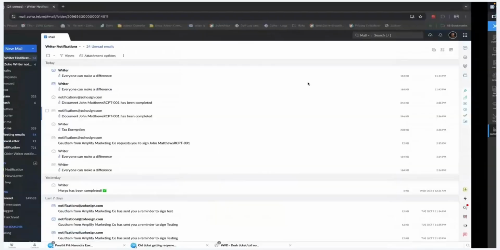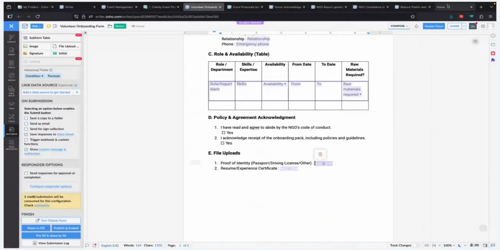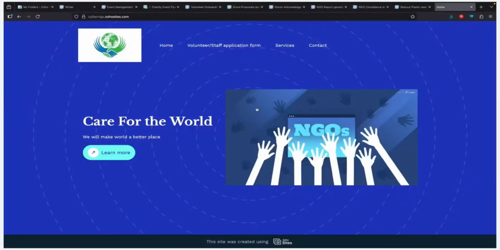So I've got a live example in here. Let me show you a website that I've created. So here is a sample website that I've created for this use case. And in here, you can see that I've added a tab called Volunteer Staff Application Form. So by clicking on it,